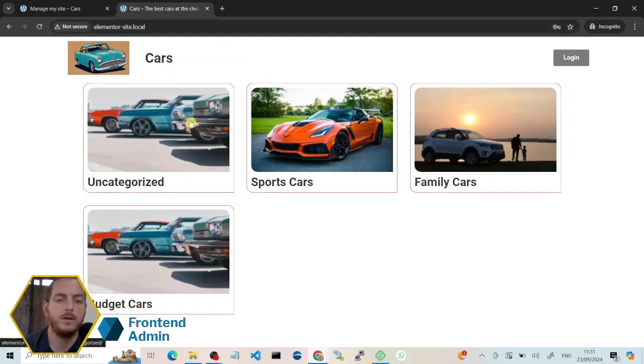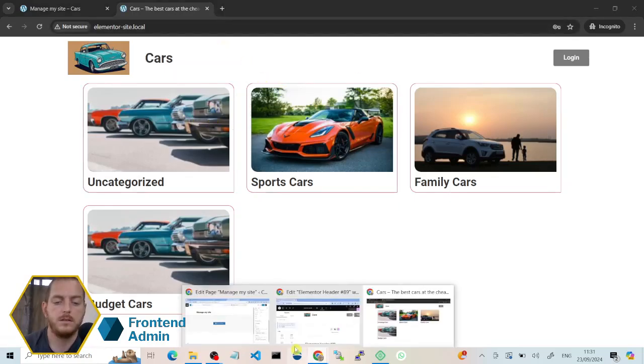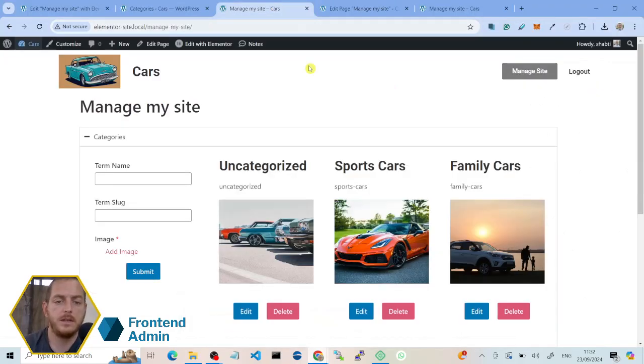As you can see, I'm being redirected to the home page. Good, it's working. So now let's build the Manage My Site page. Let's log in as an administrator, and